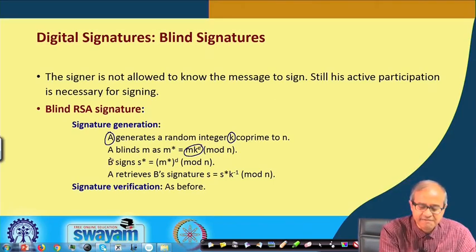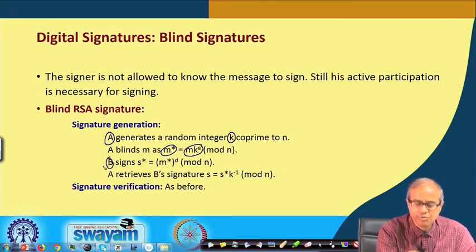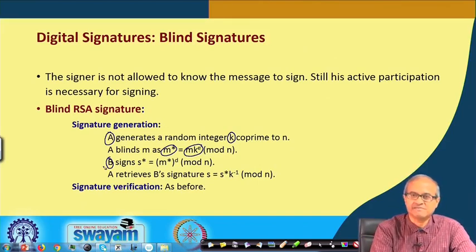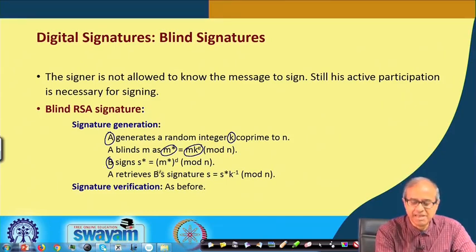Then A will give this m star to another person B, maybe his secretary, to do the signing on his behalf, but this B cannot see the message. B will simply apply a signature which is m star to the power d,